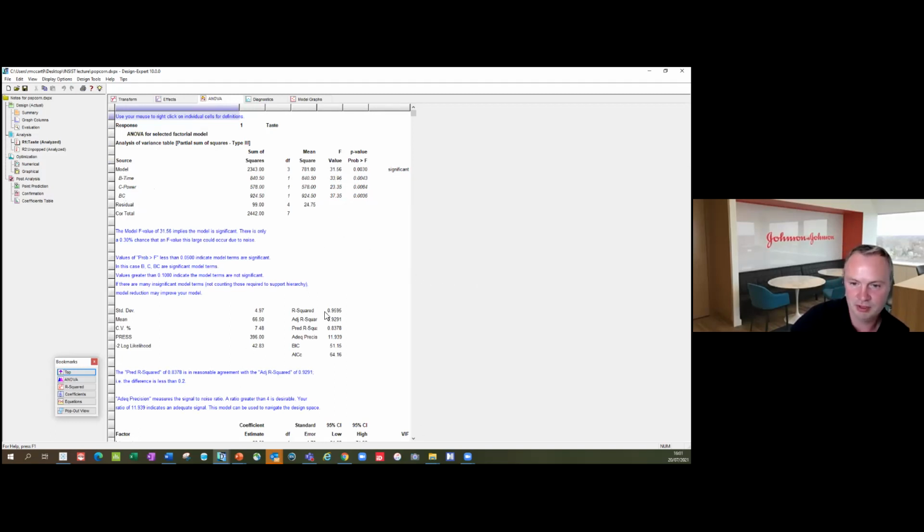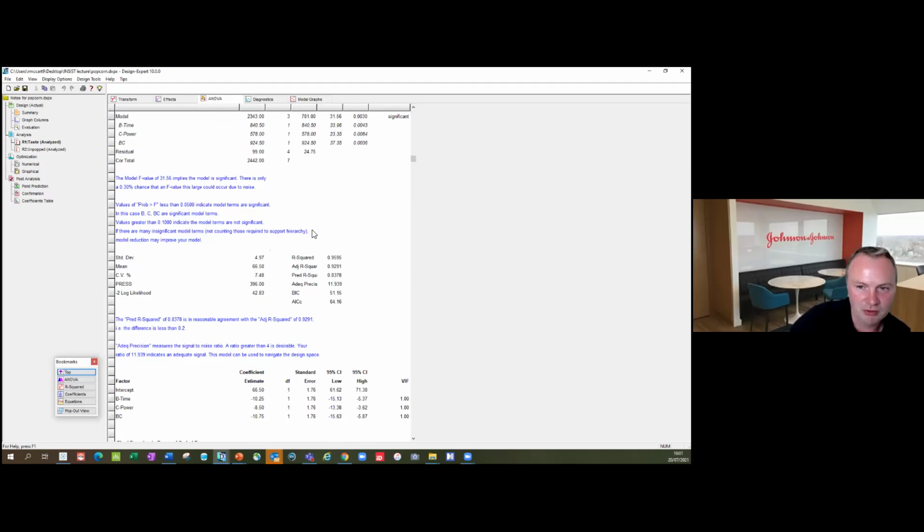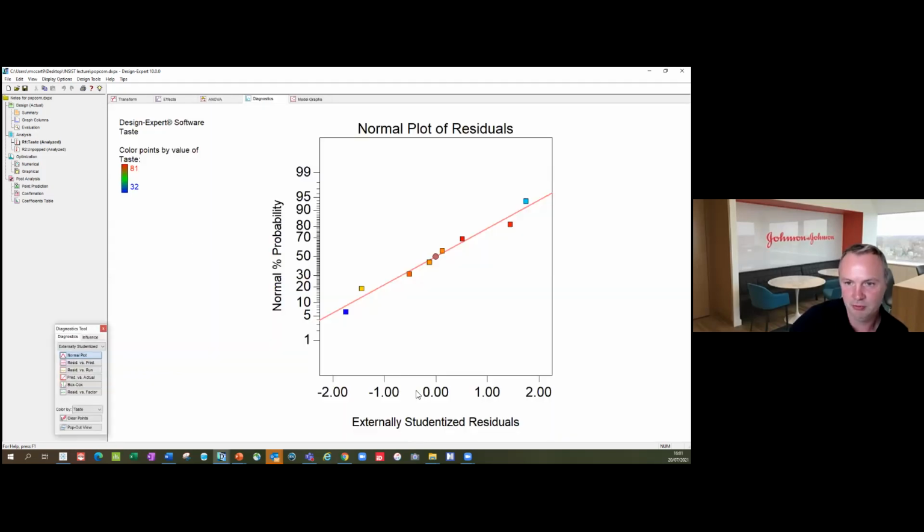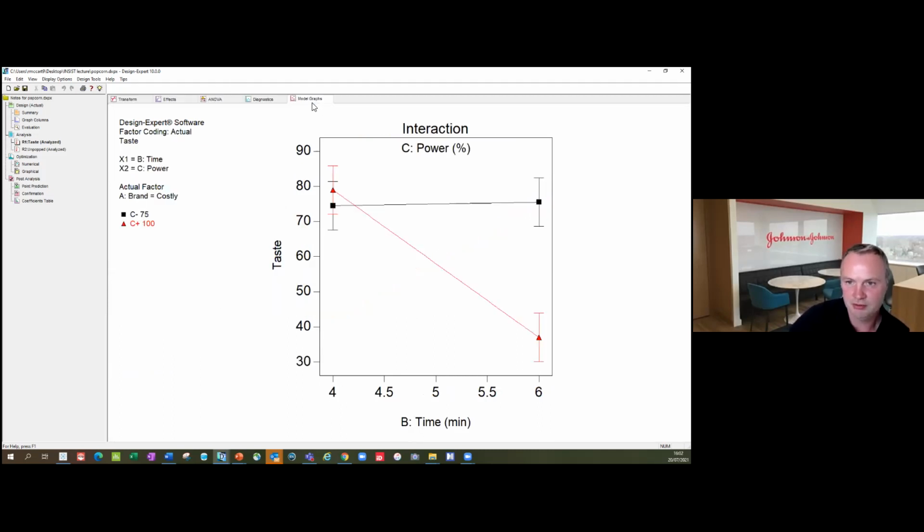And then there's a whole bunch of other stats you get to give you a measure on the quality of your fit and the model. Okay, and then there's also a whole bunch of tests you can do to look at outliers and variation and look for normality of your data, which I'm not going to go into today. I'm going to go straight to the models of these 2